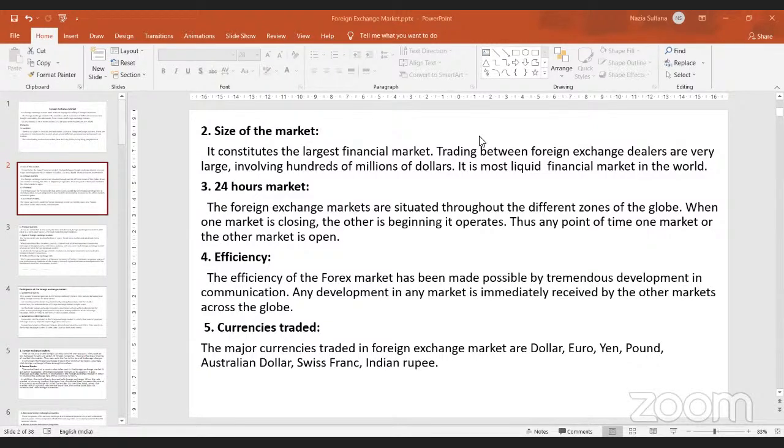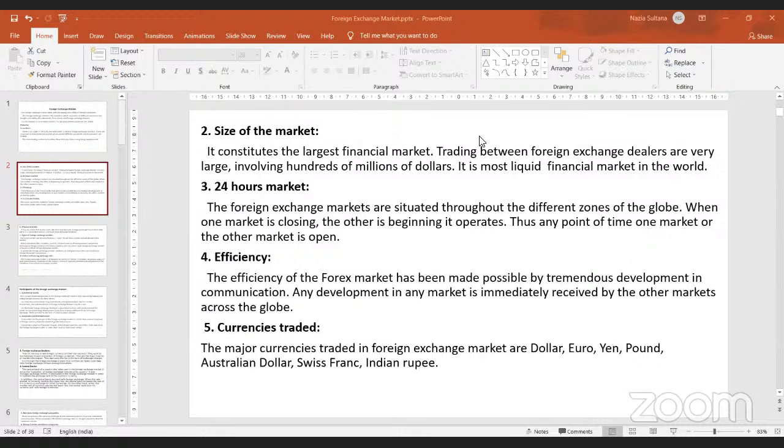And these markets are all interconnected with technology. So you have all the communication channels with which they are interconnected. Therefore, the communication networks in the country should be very well developed, so that these markets are well connected with one another. Because if the communication networks are not well developed, then it becomes difficult for this particular market to operate. So it has to have a very good network of communication. That is also one of the essential features of a forex market.